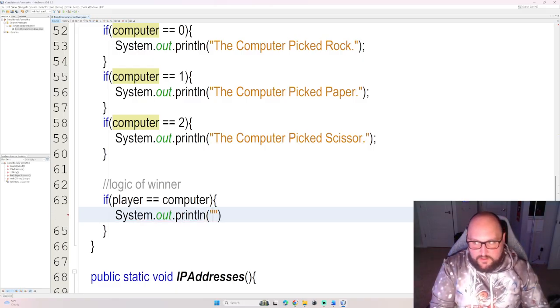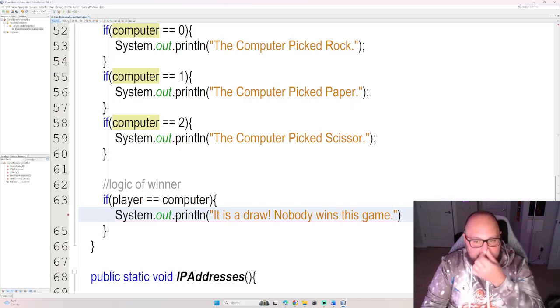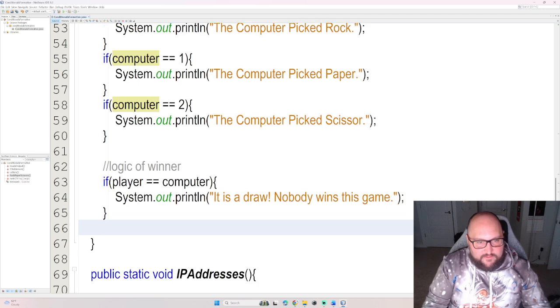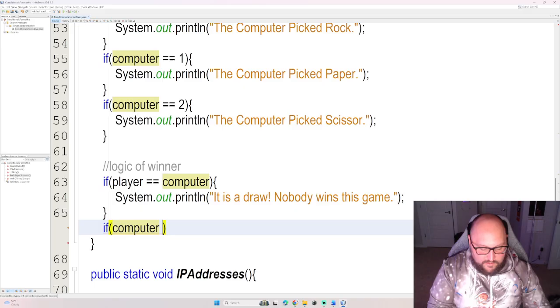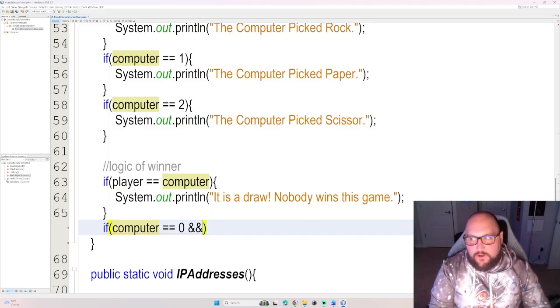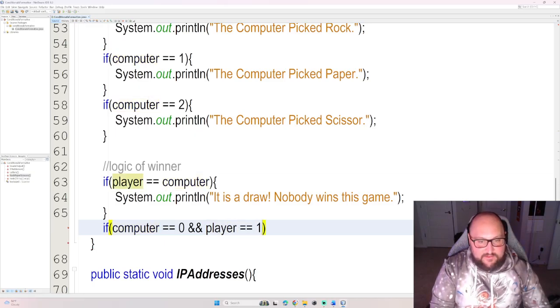I'm going to do a newline, well, no, I've been using print lines everywhere, so we're fine. So it is a draw. Nobody wins this game. That's an easy one. The next is if the computer picks 0, which is rock, and, so double ampersand means and, it's for two things being true. If the computer picks rock and the player picks